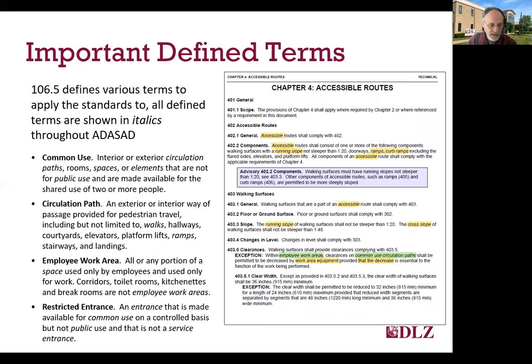So if you have a space that would be considered common use, like a restroom, but is only for use by one person, like in a private office, that restroom in that private office is not required to be accessible. All other ones certainly would be. Second are circulation paths, which is again pretty self-explanatory. It includes all circulation areas like sidewalks and hallways and corridors, and any routes to move between different floor elevations